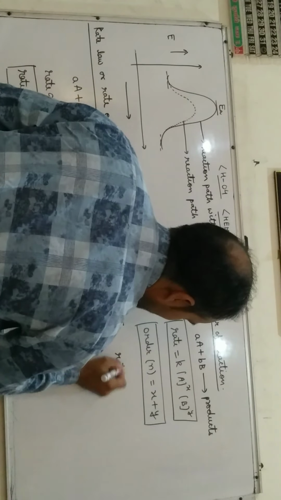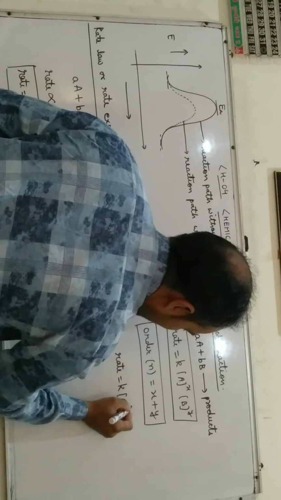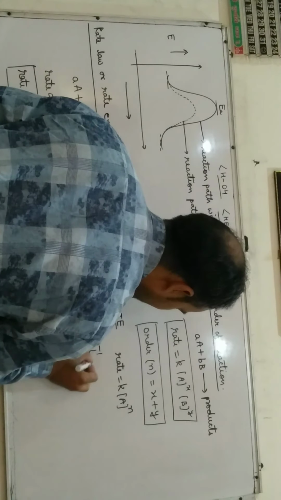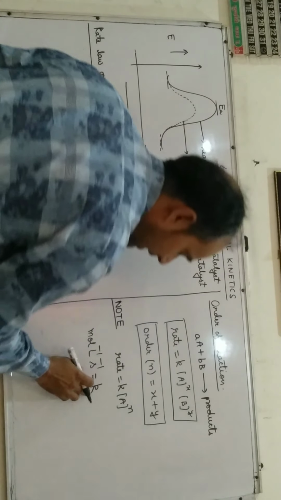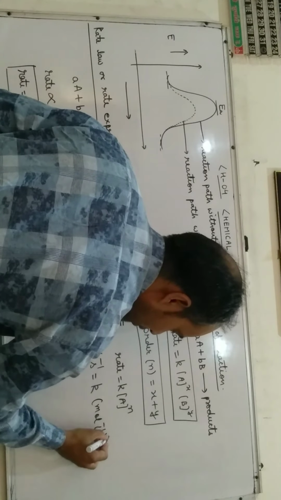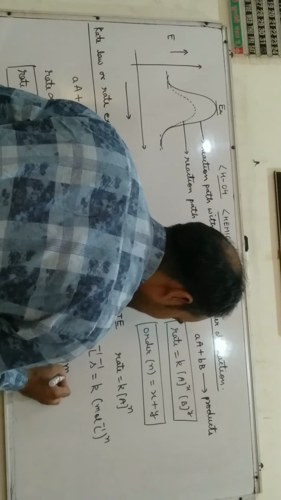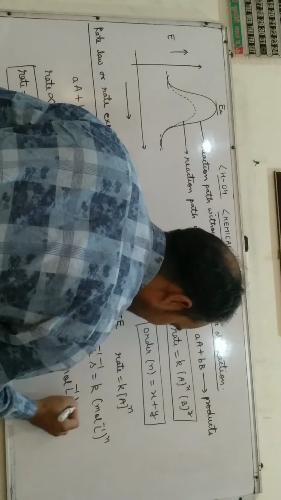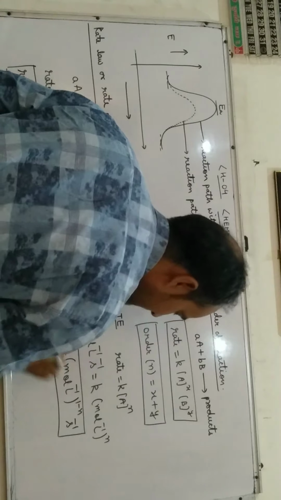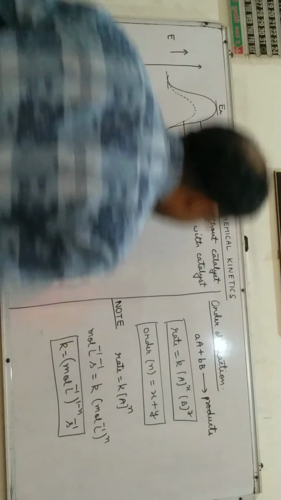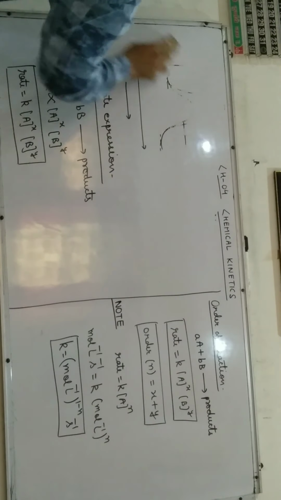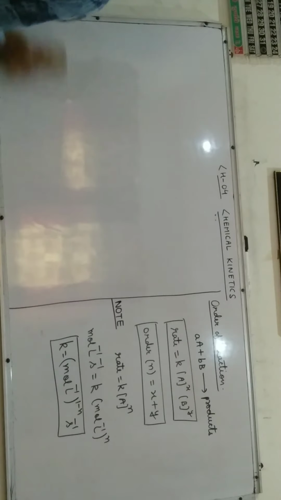Now it is an important note. Suppose rate is equal to k concentration of A raised to power n. The unit of rate is mole per liter per second. We wish to calculate the unit of k, but we know that concentration is mole per liter raised to power n. Now, transposing like terms to one side, k has the unit (mole per liter) to the power 1 minus n, second inverse. With the help of this expression, we can determine the unit of rate constant for various order reactions.